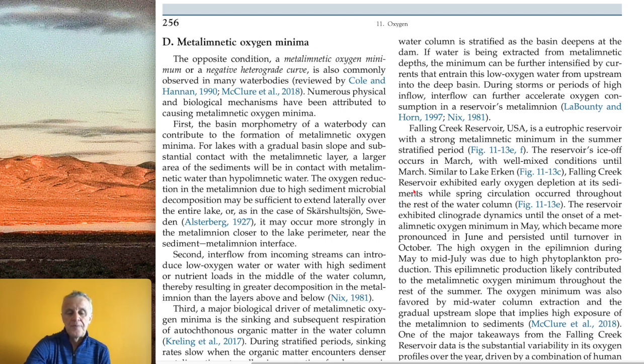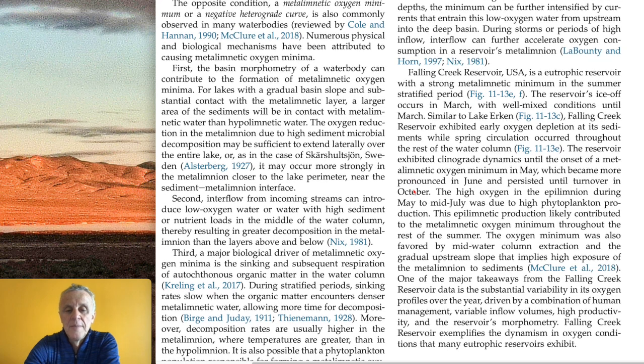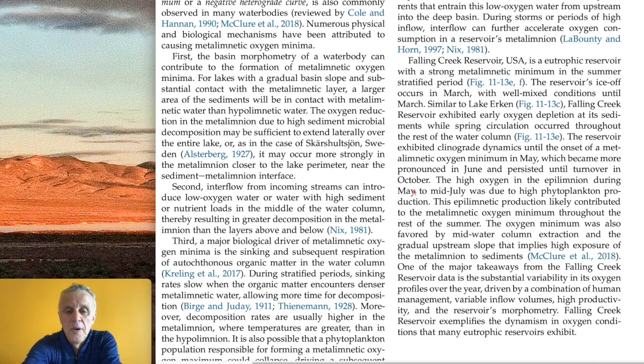Metalimnetic oxygen minima. The opposite condition, a metalimnetic oxygen minimum or a negative heterograde curve, is also commonly observed in many water bodies. Numerous physical and biological mechanisms have been attributed to causing metalimnetic oxygen minima. First, the basin morphometry of a water body can contribute to the formation of a metalimnetic oxygen minimum. For lakes with a gradual basin slope and substantial contact with a metalimnetic layer, a larger area of the sediment will be in contact with metalimnetic water